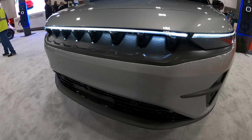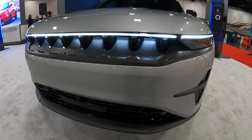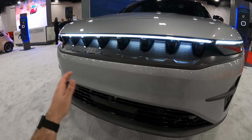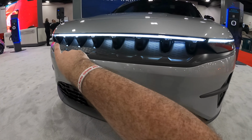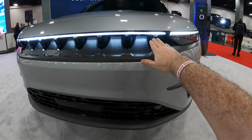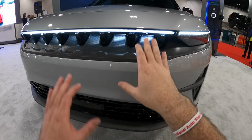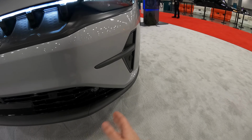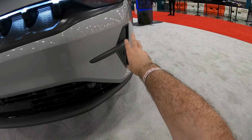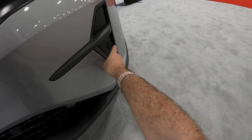Now, over here at the front, we do have that 7-slot grille that we've known from Jeep, from the Wrangler, and now it carries on to the electrified era of the Jeep products. Now we do have this full-on DRL lighting that goes across the front grille, and it actually beams underneath here to make it show that it does have that 7-slot grille. Over here off to the side, we do have full LED DRLs with your LED headlight unit. And then down below, we have a little bit of a styling decision. We have this flat black finish right here with this gloss black indentation with your